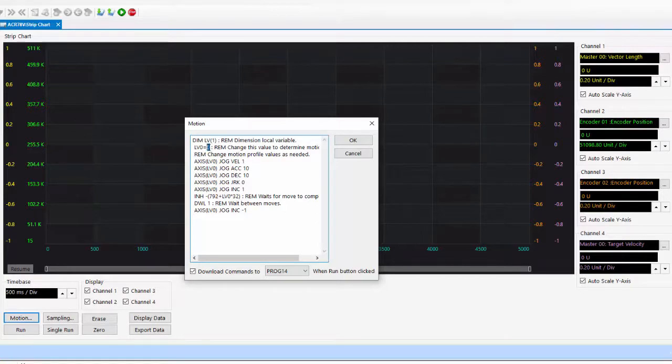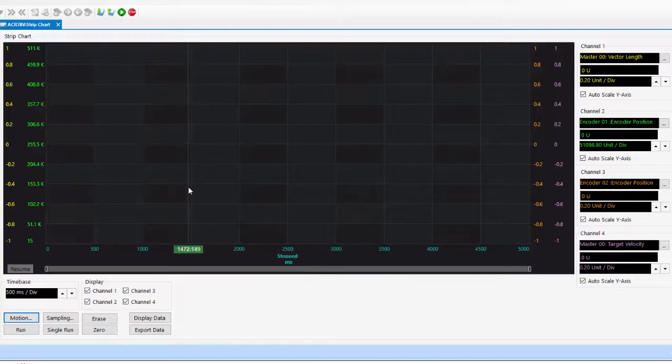I have an axis 1 instead of axis 0, so I'm just going to change the local variable to 1. I'm going to download to program 14, so this code gets downloaded, and then the arrays for capturing all the data are stored within program 14, so that won't overwrite any arrays that I could be using within program 0 or program 1. If I click single run,